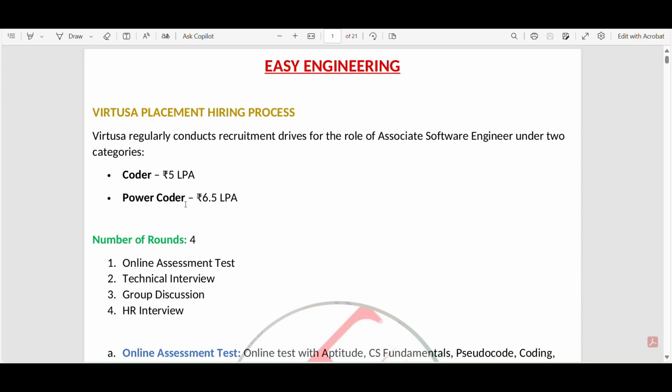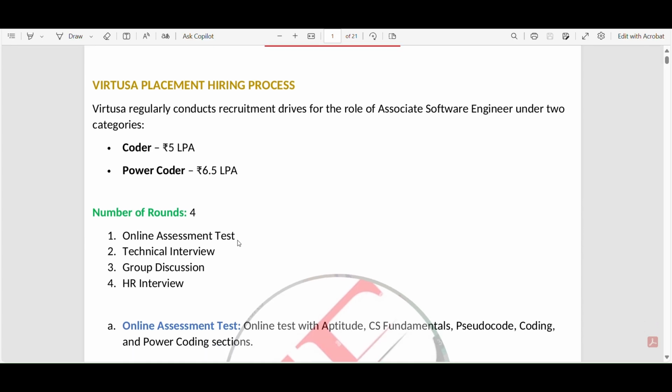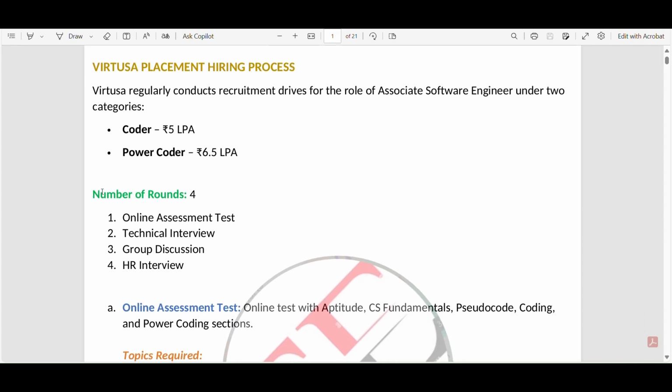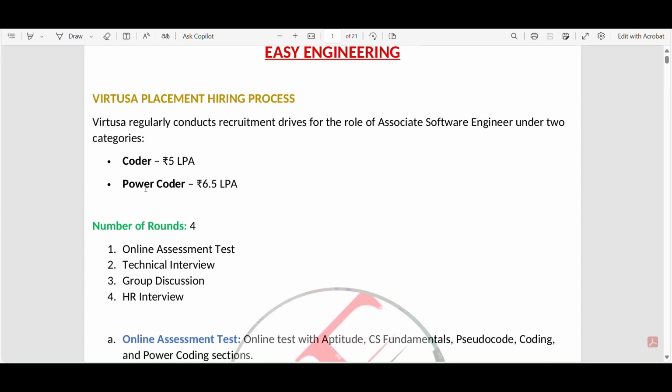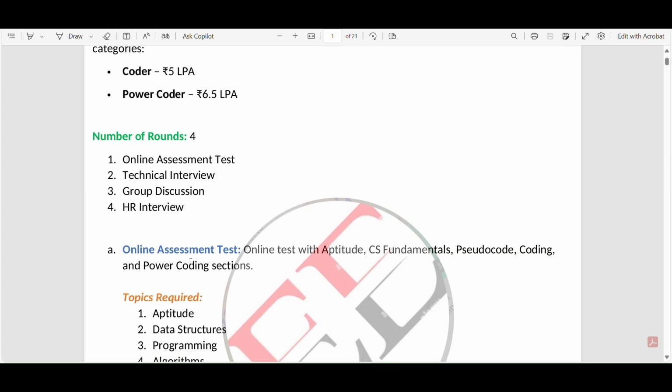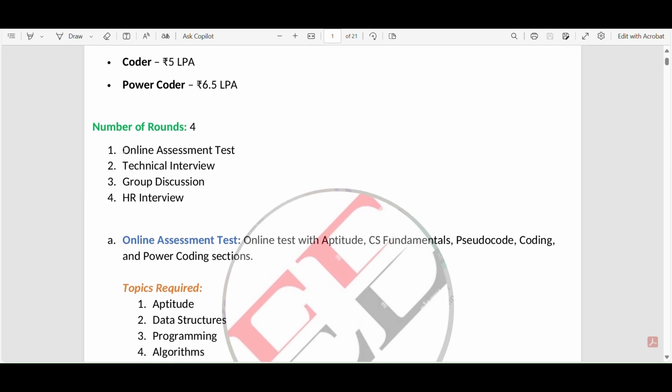The packages also vary from 5 to 6.5. And the next one, the number of rounds would be four. In these four rounds itself, they are going to filter all the people, and finally they are going to give you the role. So the number of rounds would be four, and the first one will be